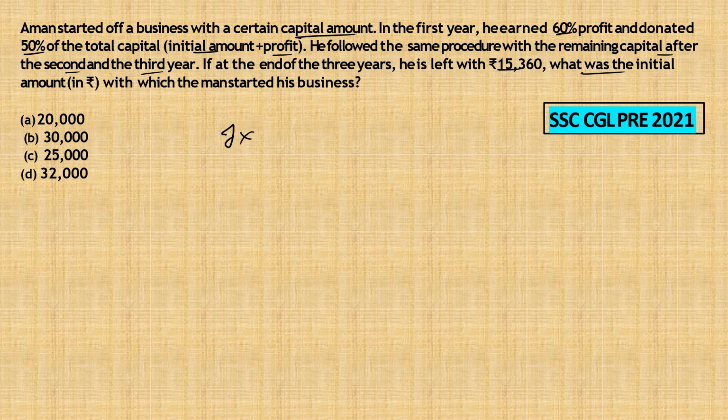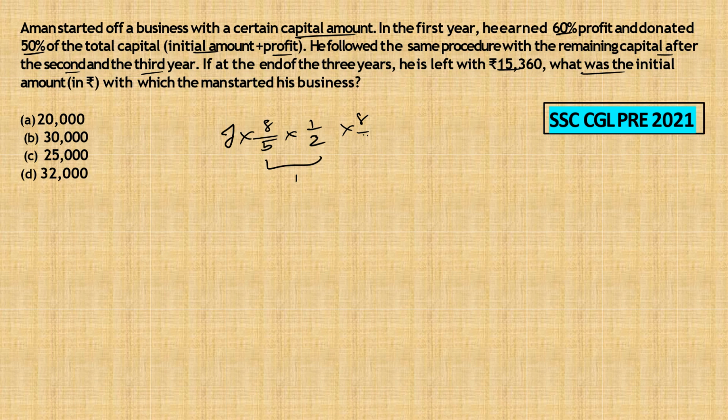In the first year, he earned 60% of the profit, so 160% of the initial amount is with him. 160% is 8 by 5. And he donated 50% of that, so he is left with 50%. He followed the same procedure for the second year and third year. This is the first year, and in the second year he followed the same procedure, that is 8 by 5 into